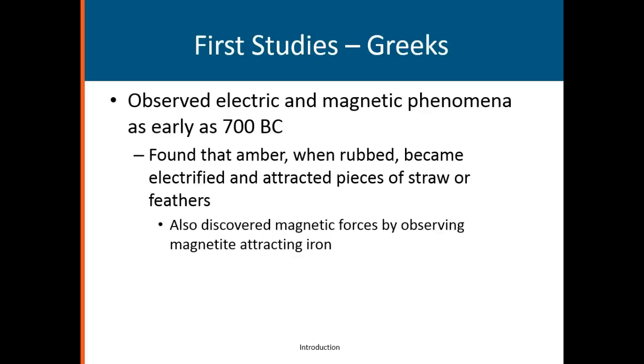Okay, it's not quite a metal, but it's a solid. It's yellowish or brownish in color. It's naturally occurring, and what it is is fossilized, petrified rosin. I don't know if it's pine rosin or some type of rosin. And anyway, they found that when they rubbed this amber, especially with animal fur, I believe it was, it